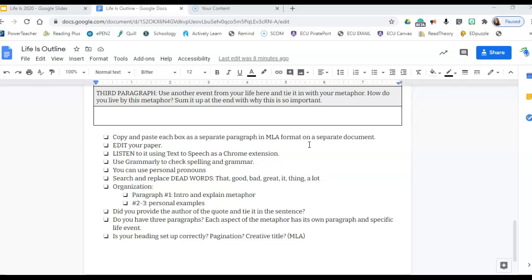You're going to edit your paper. Here's how you're editing your paper. You're listening to it using the text-to-speech as a Chrome extension. There's a video showing you how to add that if you haven't already. When you add it as a Chrome extension, it looks like this in the top corner. When you click on it,